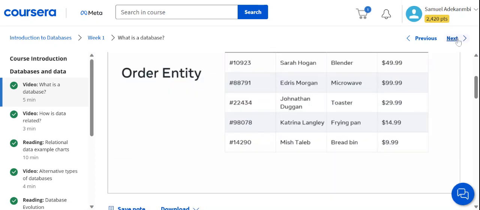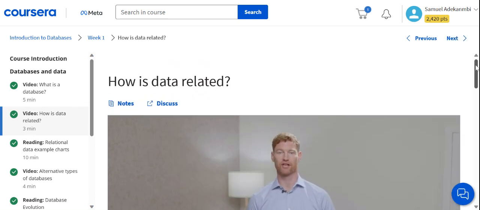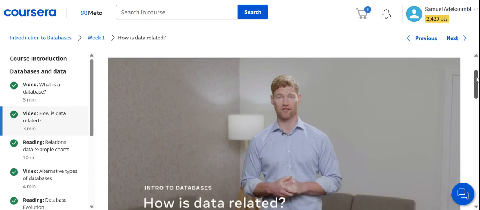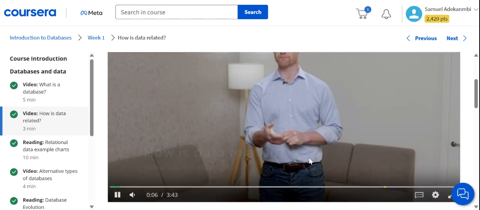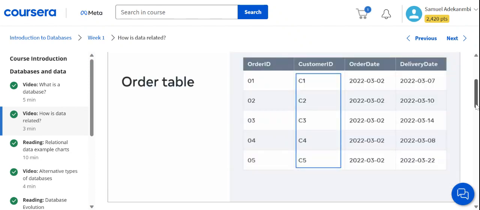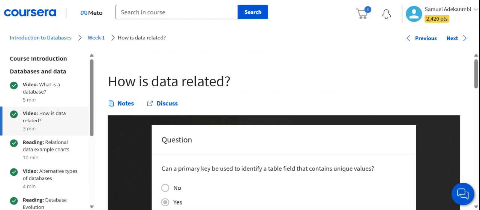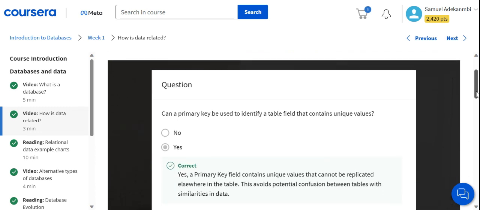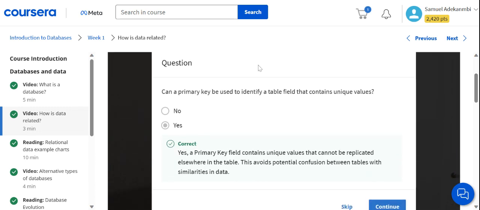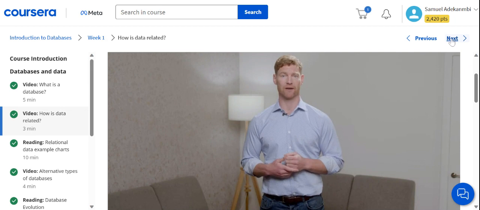Within a database, picture yourself in the following scenario. You're managing the database of a large online store. Your database must be able to retrieve a customer's details from one table. It is there to help identify who it is that placed the order. So by adding the customer ID field to the order table,